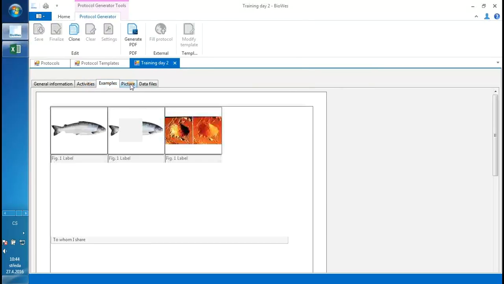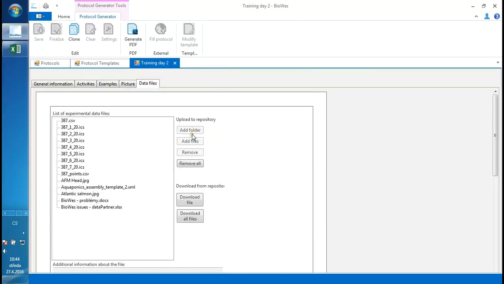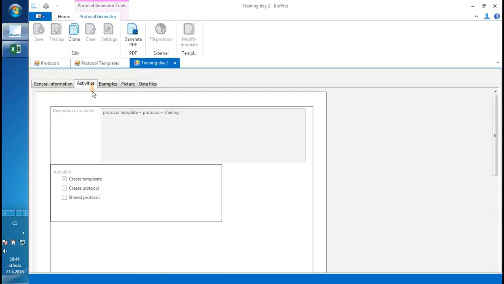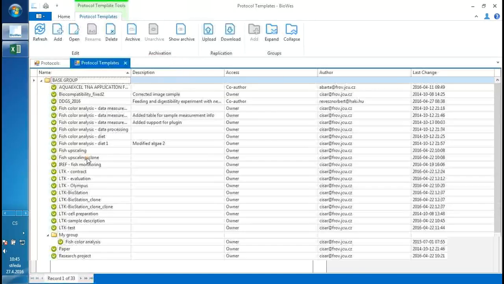So I can't change anything. I can't add the data, I can't remove it. What I can only do is download the data, because that's what I would like to do. I would like to process the data and analyze the data. So right now, what I did is that I created a new protocol based on a protocol template. I described my experiment, I added experimental data, and I also linked my new protocol with some already existing protocol. It means that in the web interface, I should be able to see these two protocols linked together. I will close my protocol, but before you go to